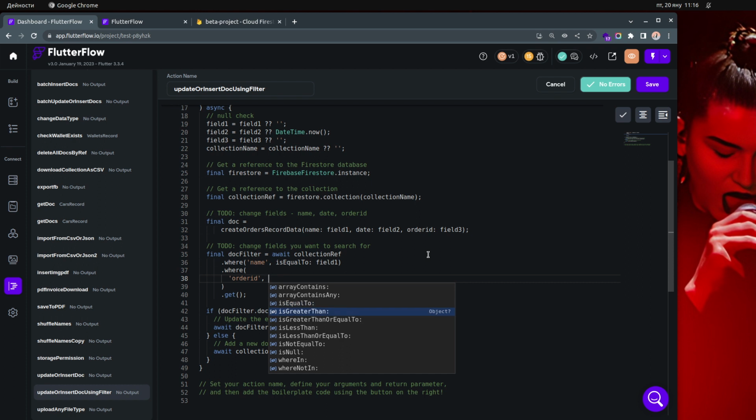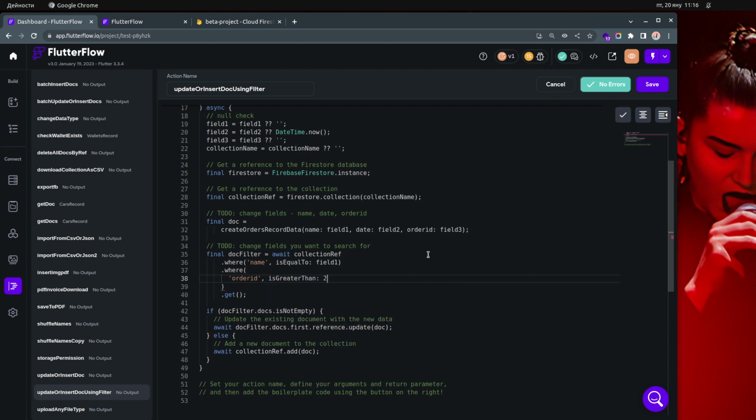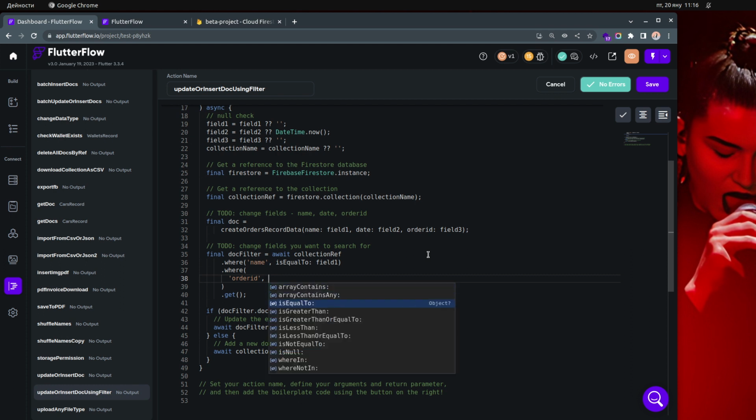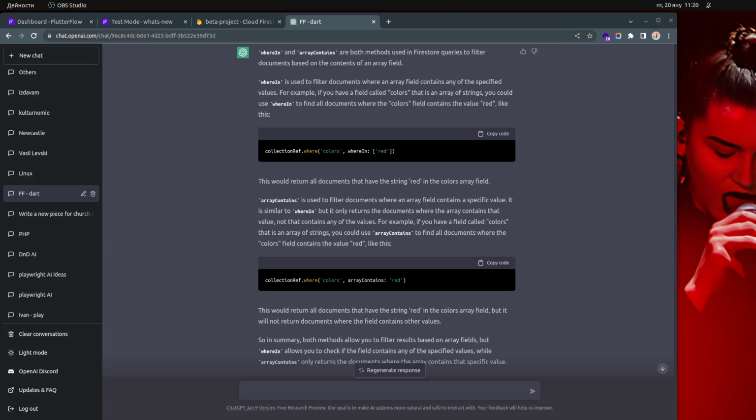This is good for numbers, so we can say if order is greater than, for example, 22, and then we can also search is greater than or equal to, is less than, is less than or equal to, is not equal to, is null, where in, and where not in. So where in,